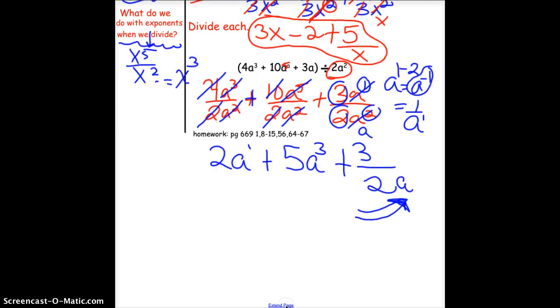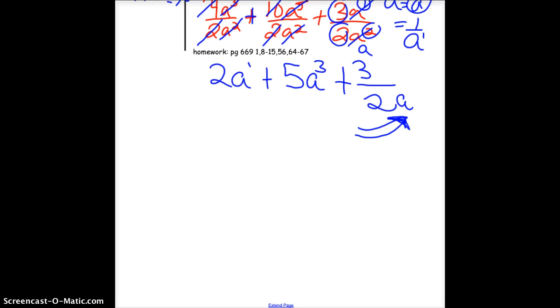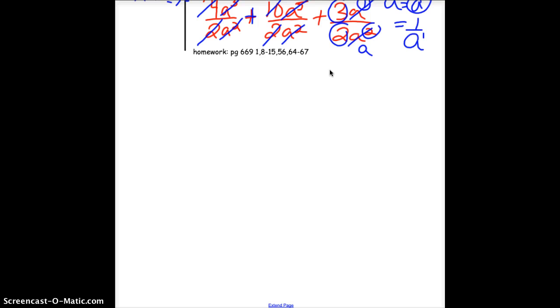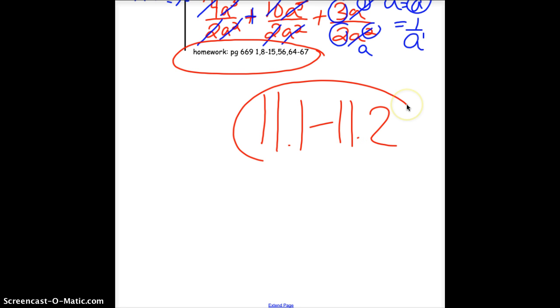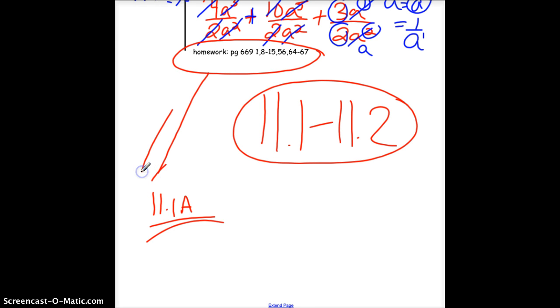So what are we doing the rest of the hour? Your assignment's written on the bottom of this page. It is also on the front of your packet. This is what is due tomorrow. Right now, you're going to be taking a quiz, not on this stuff, but on 11.1 to 11.2. You are allowed to use your notes. So what I'd like you to do is page back to your 11.1A notes. You have those out. Mr. Bloom or Mr. Deskin will pass out the quizzes. You'll take that, you'll turn it in, and then you will work on this assignment. So we're going to be totally quiet the rest of the hour, quizzing and